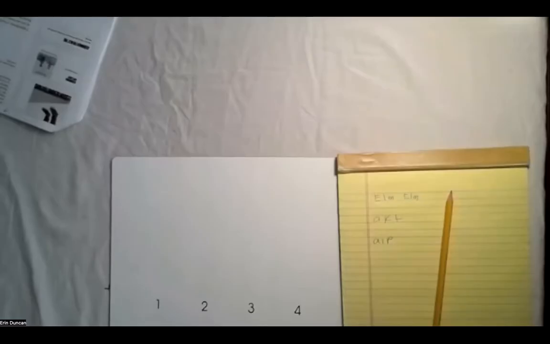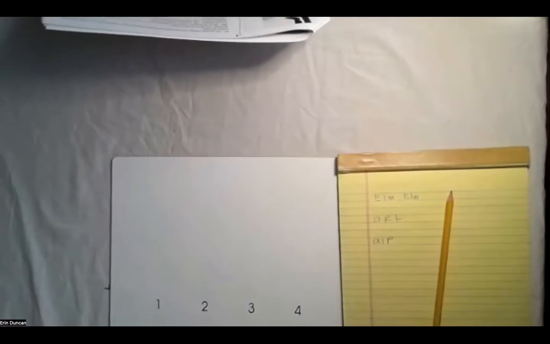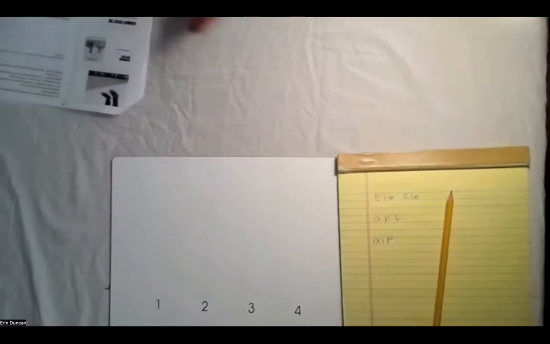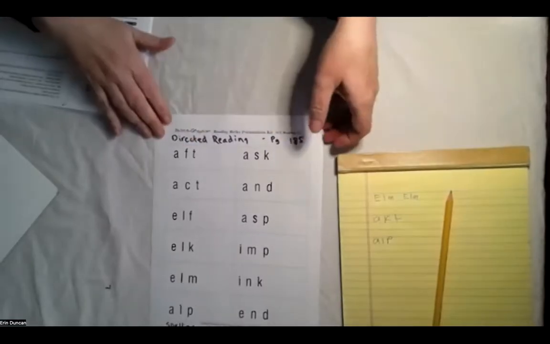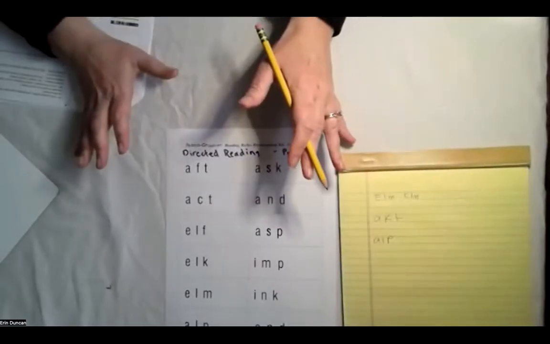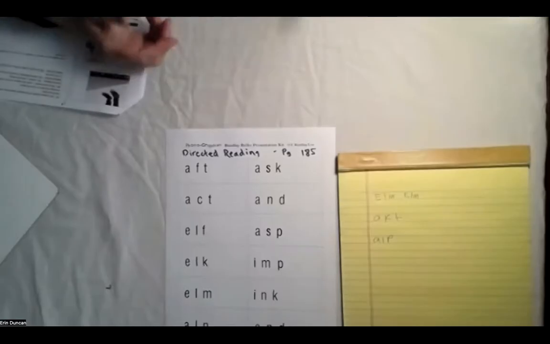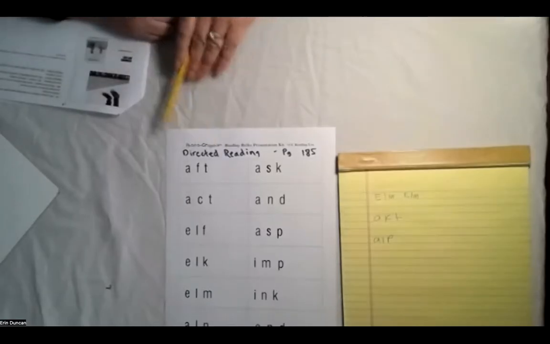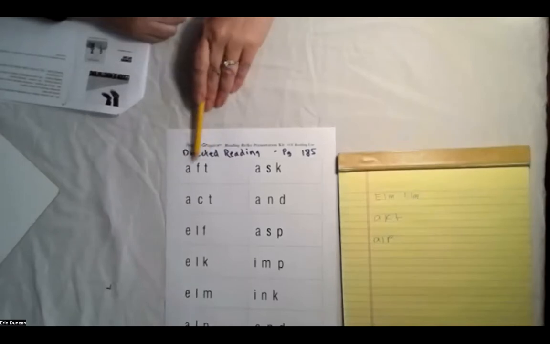Okay. Next in the book, after you do that word building with your list, you go to directed reading. So on page 185, it talks about that. So you would take that list of words that you were building, and now we would practice reading them. Now, Sam, you may recognize all of these words, okay? What we're practicing is hearing a word form as you sound it out. So you can do that with a word you've never heard before, never read before, okay? So this word, let's say the sounds and listen for that word forming as you do it, okay?